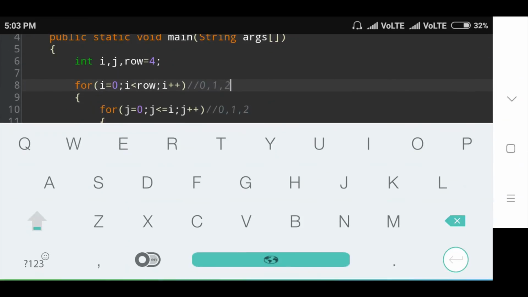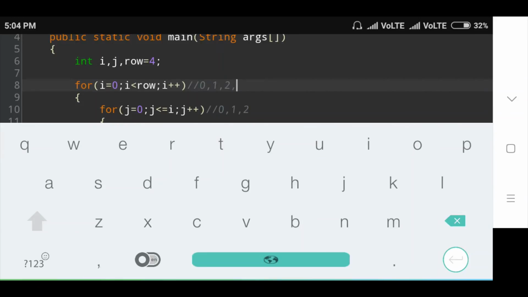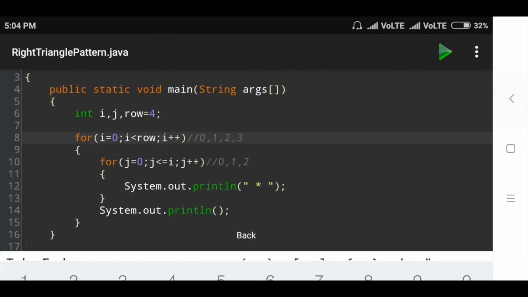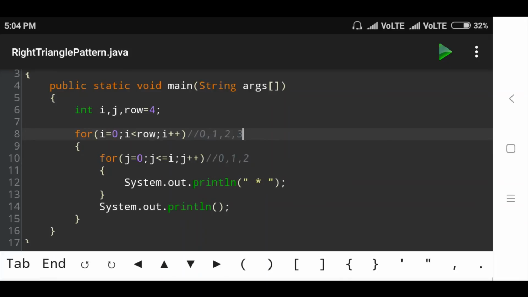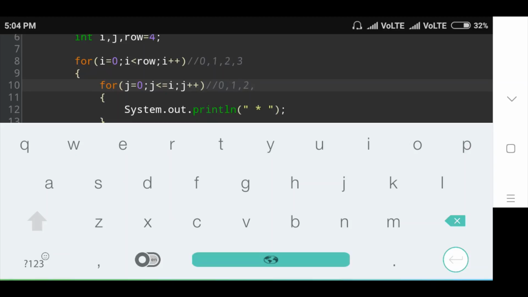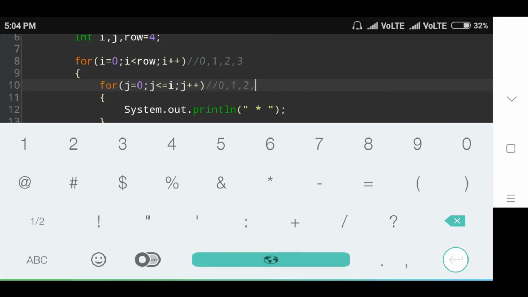Then again go to the i for loop. In this for loop check initial i value is 2, then i value is increased by 1, i value is 3. Then check whether i is less than the row value. I value 3 is less than row value 4, so here the condition is true. Then again go to the j for loop. Initial j value is 2, then j value is increased by 1, j value is 3.